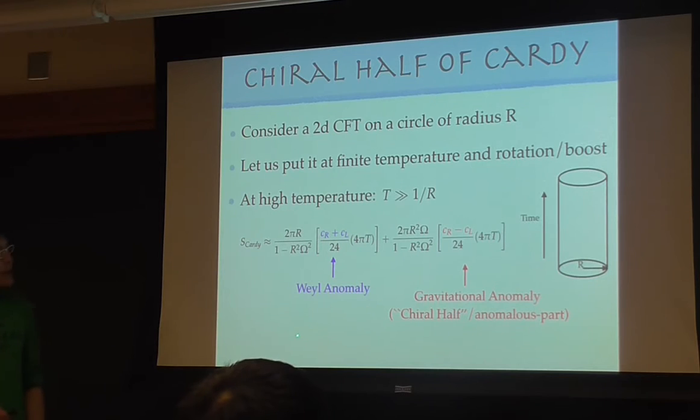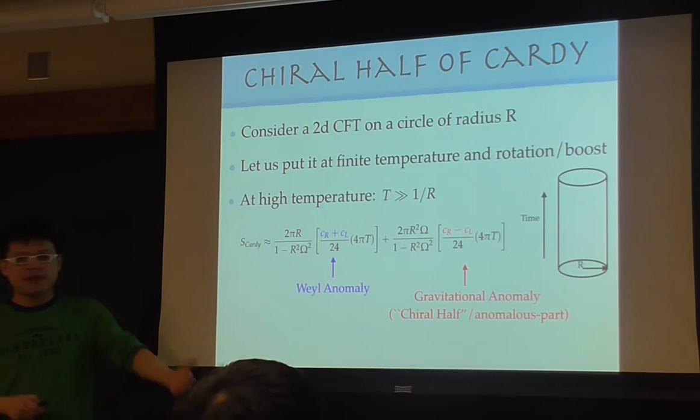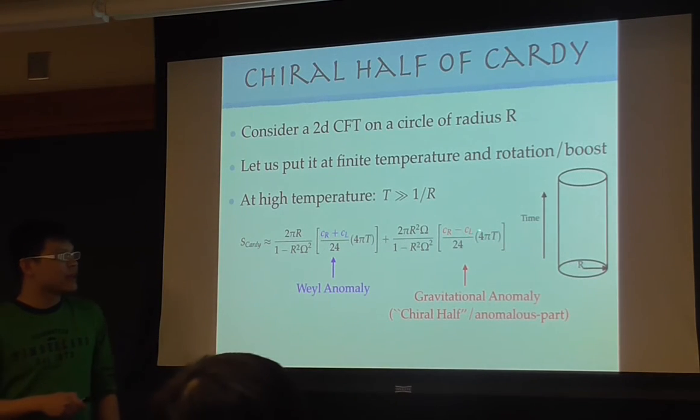And the other part that was usually less talked about is the part that's related to the gravitational anomaly. And this part is proportional to omega. If you ignore the omega square term, this term is proportional to omega, meaning that it breaks parity. You can do phi to minus phi, where phi is the coordinate here, and omega will switch sign, and this term is parity odd. Now this term is proportional to the number of right movers minus the number of left movers, up to some pi's and stuff.